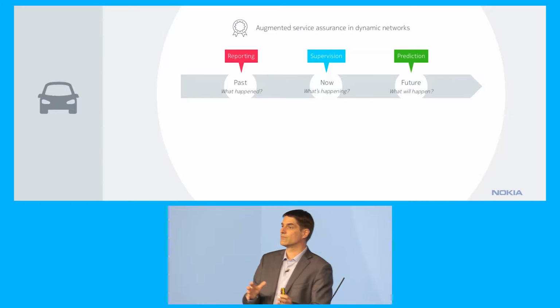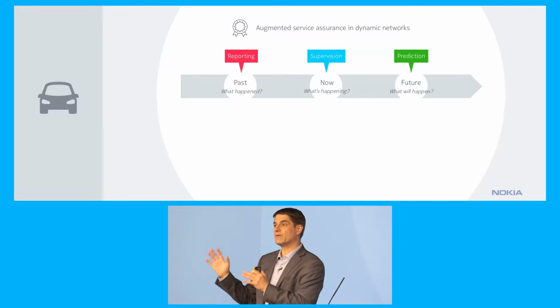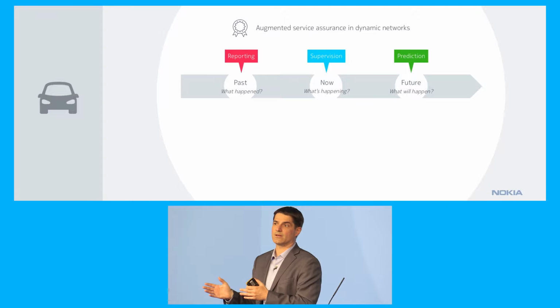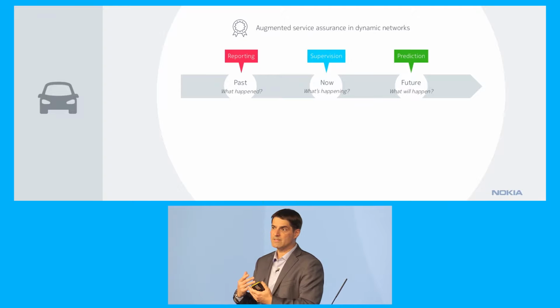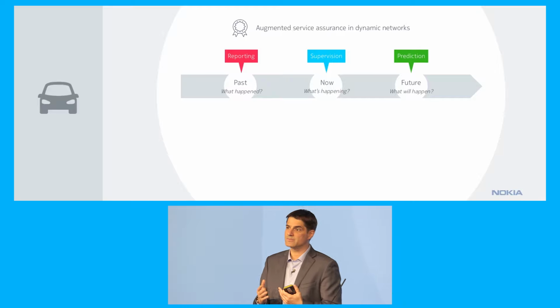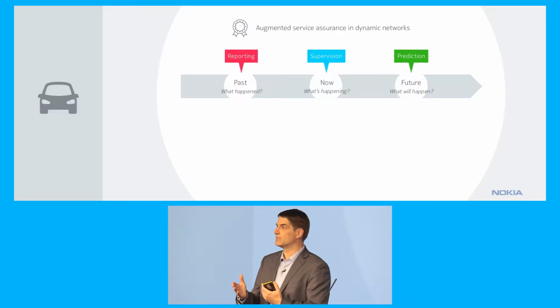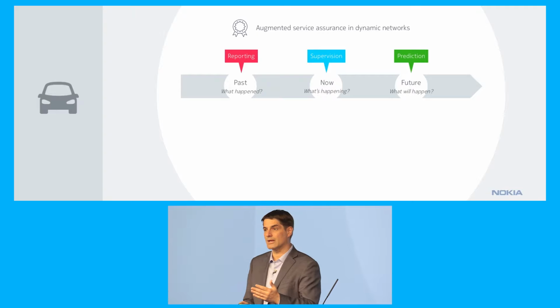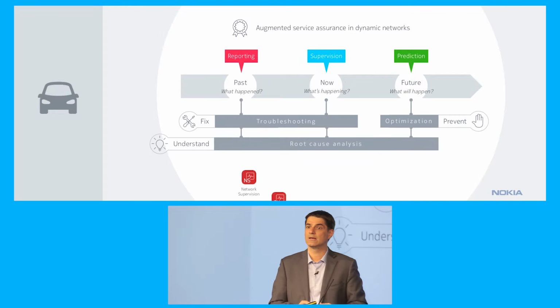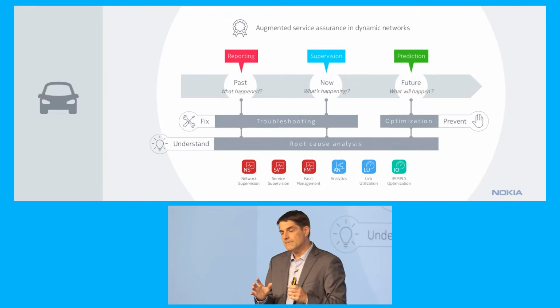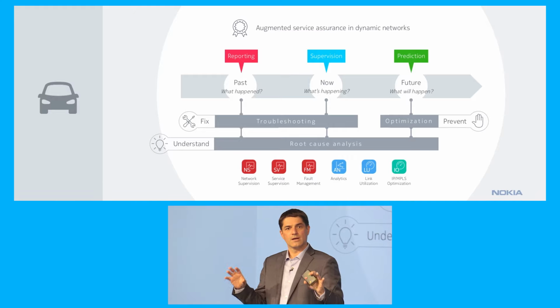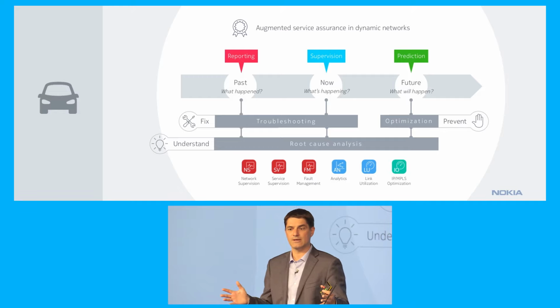Then there is also an aspect of what will happen in the future, and how you can prevent something from happening in the future. And there's a lot of investment there. We are using machine learning algorithms to get as close as possible to knowing what will happen, when the anomalies will occur, etc., and then steer traffic accordingly. That helps prevent the degradation of service. So you have a full set of applications that are used for troubleshooting, for prevention, and for root cause analysis across the entire domains.